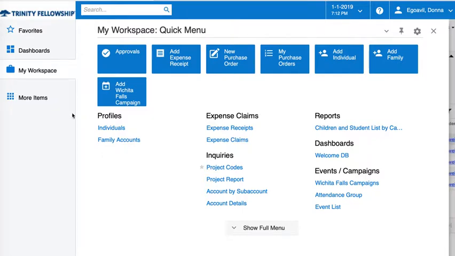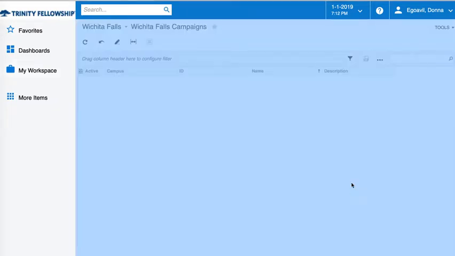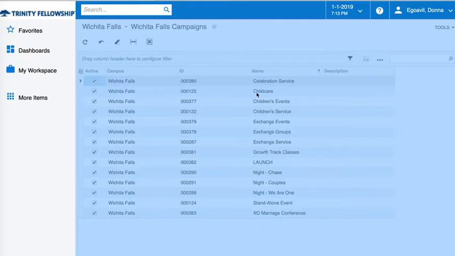We want to start off by going to My Workspace. Make sure that you're in your right campus if you have multiple campuses. Go to your campaigns. When you click on your campaigns,